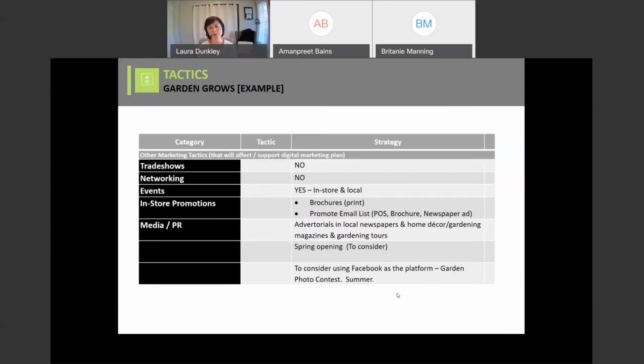Trade shows, networking, different events. Are you going to do different events? In-store promotions, media, PR. So think of this like a brain dump. It's a brainstorming session because what I'm saying, this is not set in stone. This is about working through your plan, because you're going to put things down here and go, okay, this makes